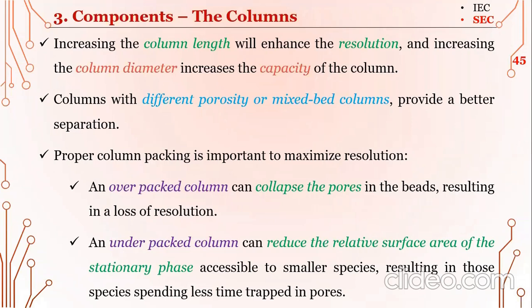और अगर हम लोगों ने बेटर सेपरेशन करनी है तो उसके लिए हम डिफरेंट कॉलम बीड्स यूज़ करते हैं, ताकि उनके पोर्स डिफरेंट होंगे तो ज़्यादा बेटर सेपरेशन होगी। इसके अलावा रेजोल्यूशन को मैक्सिमाइज करने के लिए हमारे पास प्रॉपर कॉलम पैकिंग होनी चाहिए, लेकिन दो चीज़ें आ जाती हैं, अगर हम ज़्यादा पोर्स यूज़ कर लेंगे तो ओवर पैक्ड कॉलम हो जाएंगे, जिसकी वजह से सरफेस एरिया तो इंक्रीज़ होता है, लेकिन साथ साथ कॉलम पोर्स कोलैप्स भी हो सकते हैं और बेटर रेजोल्यूशन नहीं होगी। और अगर हम ज़्यादा अंडर पैक्ड कॉलम यूज़ करते हैं, यानी पोर्स हम ज़्यादा यूज़ नहीं कर रहे, तो एक तो सरफेस एरिया भी रिड्यूस हो रहा है और बेटर सेपरेशन भी नहीं होगी, क्योंकि हमारा सैंपल पोर्स के अंदर ज़्यादा टाइम के लिए ट्रैप नहीं कर पाएगा।